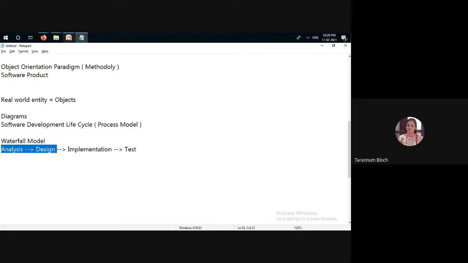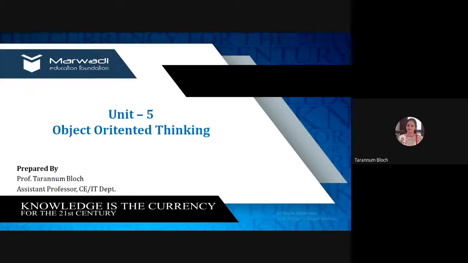So right now we are talking about unit number 5, which focuses on object oriented thinking. For all the real world entities, you now have to think in terms of objects, and that's why before developing any software, you are going to find out how these 2 objects are related to each other.